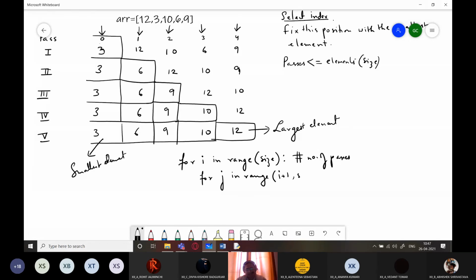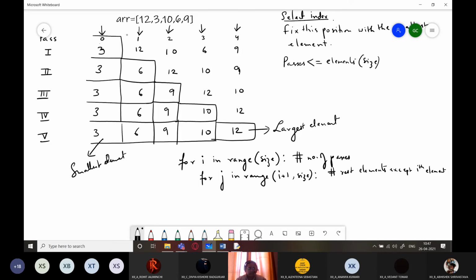And it will end where? It will end at size minus 1. So the inner loop will handle the rest of the elements, except the ith element. Right? Rest of the elements except the ith element.